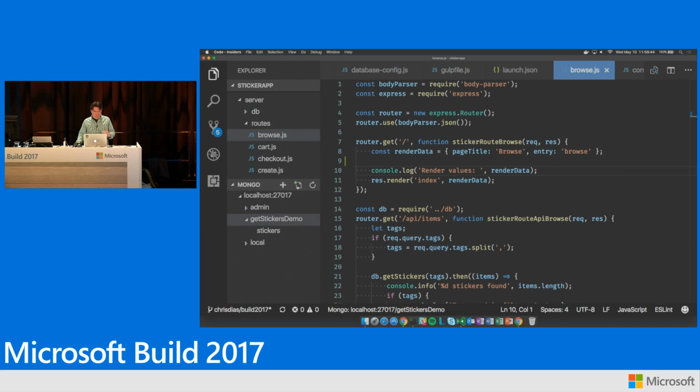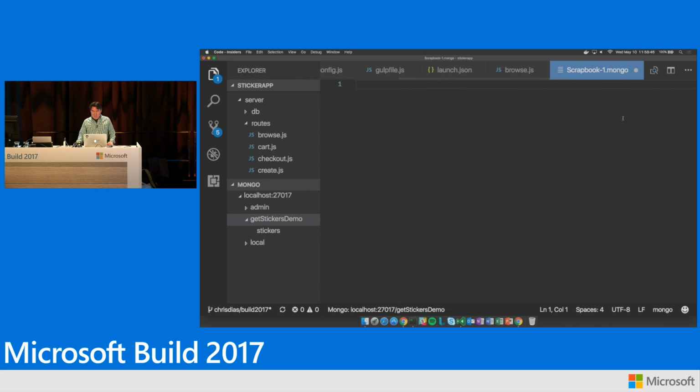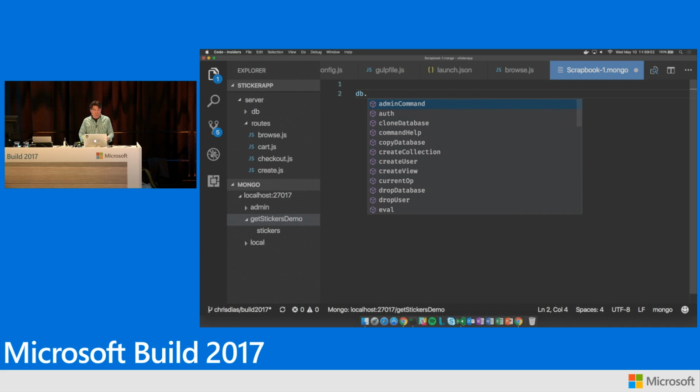So what I can do is come in here on the toolbar and say, create a new scrapbook. The idea here is that when you're working with these CLIs, you start to build up a whole set of commands that you're running, and you want to tweak them before you actually commit them. And this is the same thing with Mongo. So I can come in here and say db dot, and of course with VS Code you get a rich